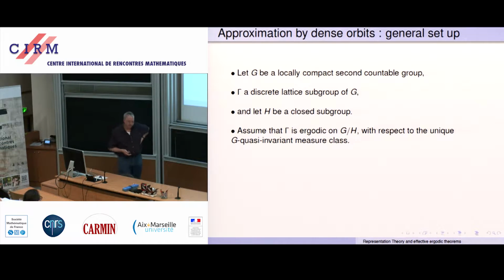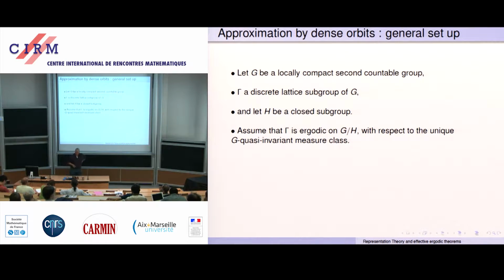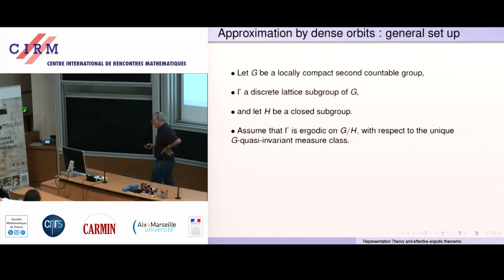Maybe I should anticipate the future and say that this is equivalent to H being ergodic on G mod gamma. So once again, the ergodicity of gamma on G mod H is equivalent to the ergodicity of H on G mod gamma. This is perhaps the most primitive example of the duality principle. And you all realize that in that case, the fact that gamma is ergodic on G mod H is a